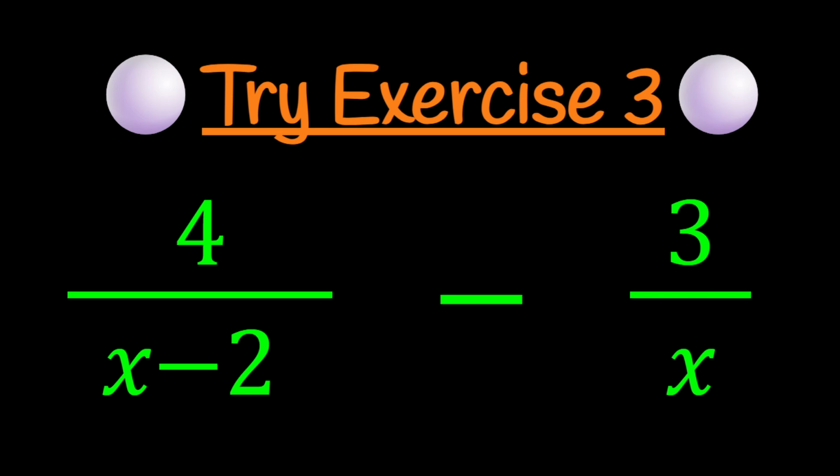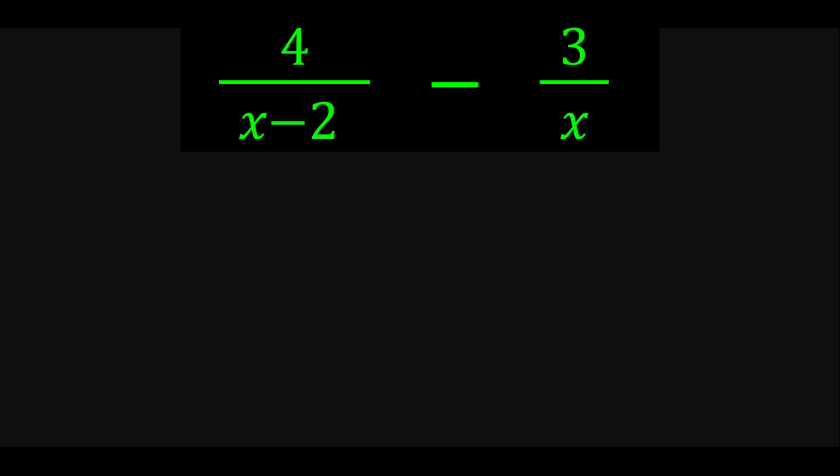Now for this third try exercise, again, the denominators are different. Remember we said that the fact that they both have x doesn't make them like terms or anything like that, and that the focus in fractions is always the denominator. So we are going to use the same LCM method here, but since we don't know what x is, we cannot find the LCM. So this is why the alternative is always better to know. So what are we going to do here?